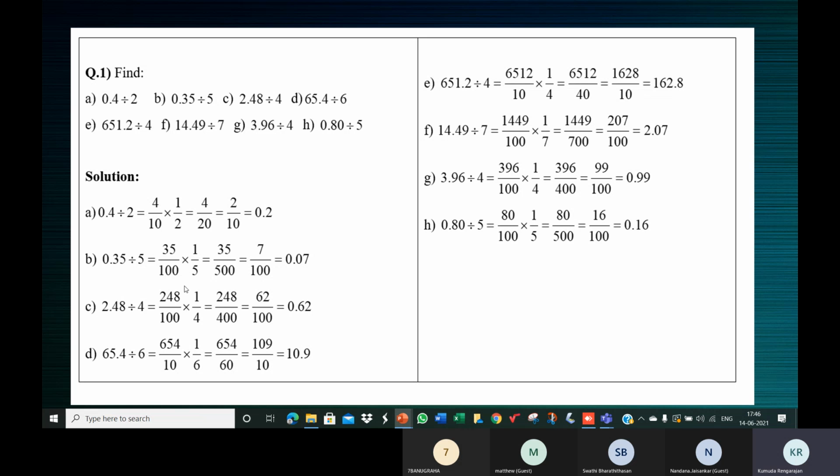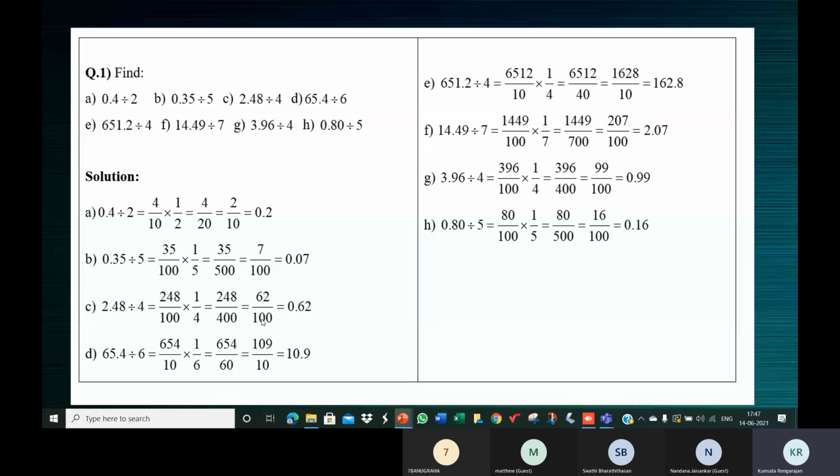Like, for example, children, coming to the C subdivision here, 62 by 100. You can simplify further. You will get 31 by 50. See children, this one, see ABC. We have 62 by 100. This can be simplified further to 31 by 50. But why did we not do that? Because when you have 31 by 50 and you have to get the decimal value, you'll have to actually divide 31 by 50. And it's a little time consuming. That might take at least 5 minutes. So you'll have to divide that. When you simplify 62 by 100 further, you get 31 by 50.